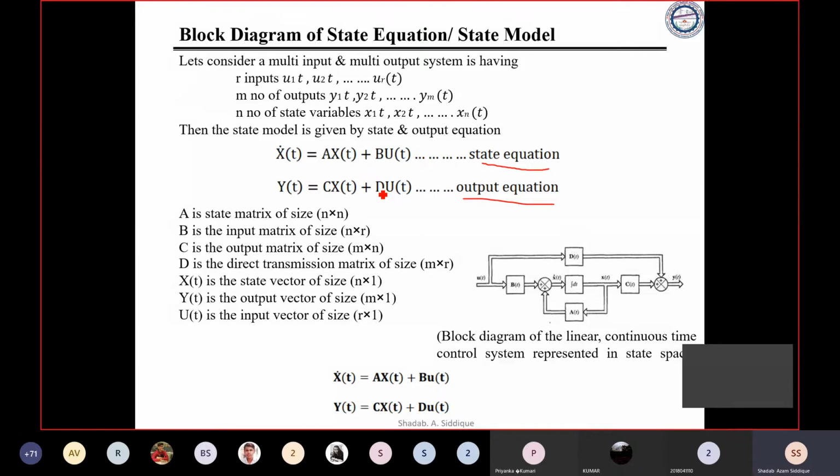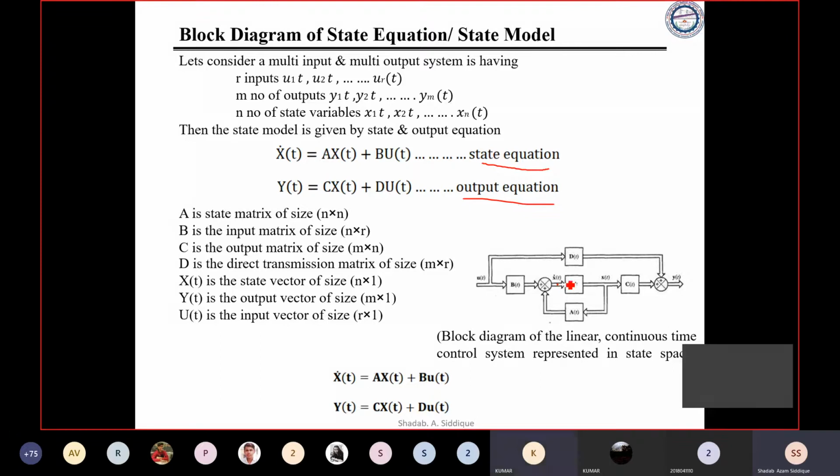In the block diagram you can also see this D is directly connected from the input to the output, and in between we have a block which is called D. We also went through the integral function and why it is used. We have taken x dot of t, and if we integrate x dot of t we get x of t. You can take the output of this summing point, which is x dot of t. So this is the state equation, and this is the output equation.